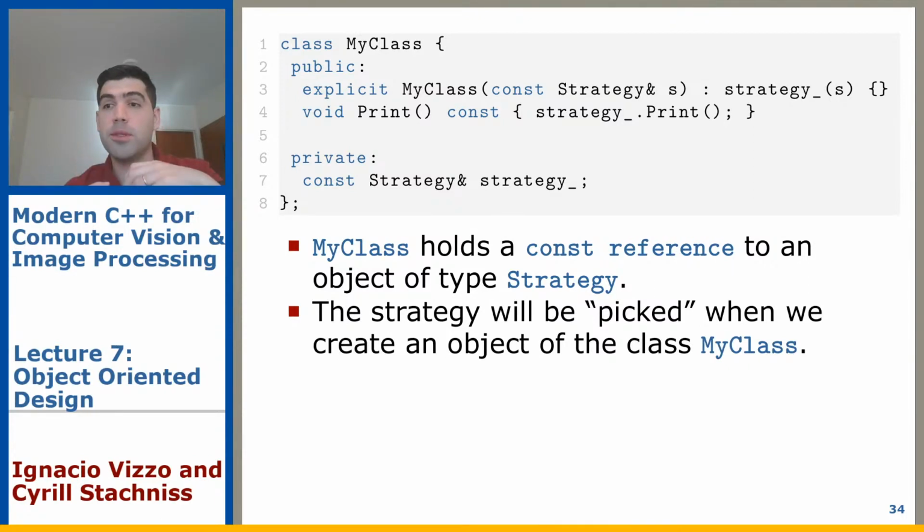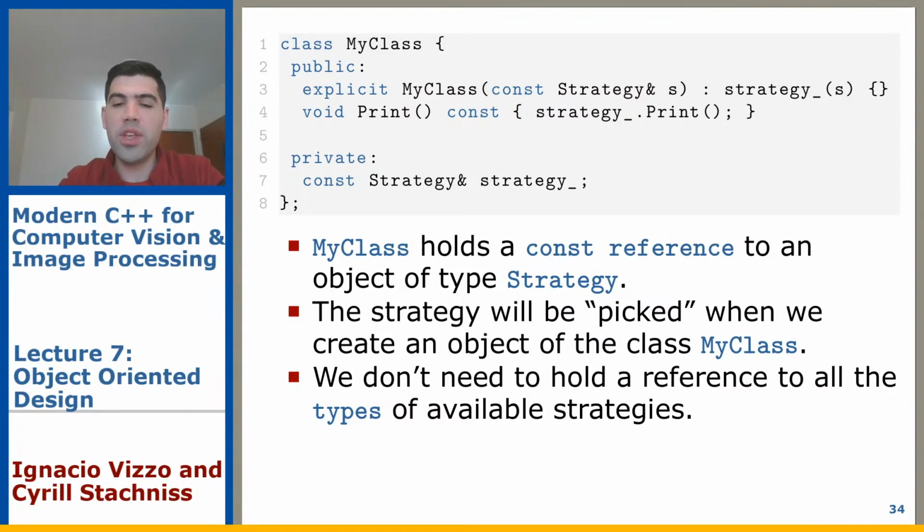And because C++ supports polymorphism, this strategy A can form a strategy, not A or B, just the base class that is this interface. And we don't need to hold a reference to all types of available strategies. So how you can see that someone does not know how to use the C++ language,